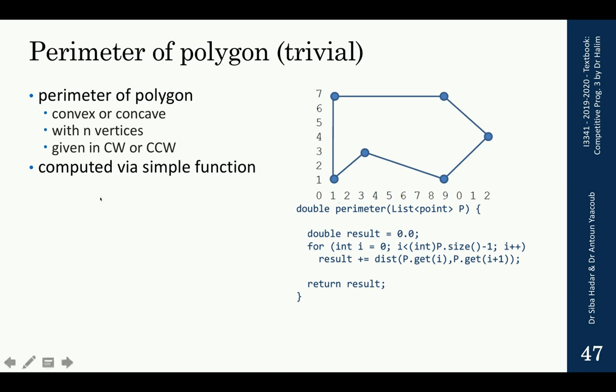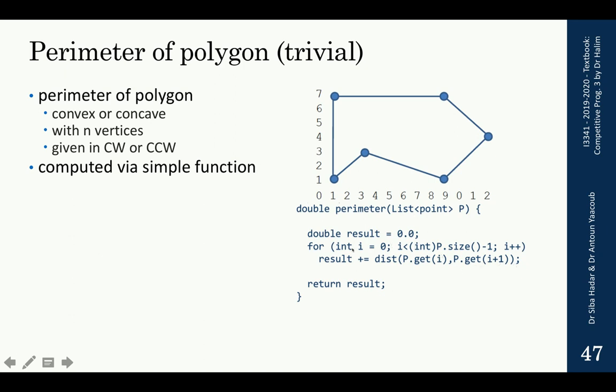As we have seen in the animation, it is the sum for a convex or concave polygon with n vertices that are given in clockwise or counterclockwise order. It is computed via this simple function which takes the polygon, and remember all our operations will have the first vertex doubled as the last vertex so that the for loop operates without a modulo